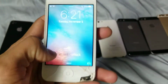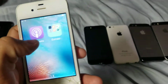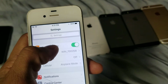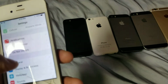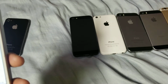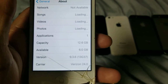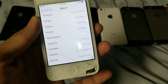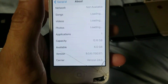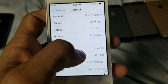The iPhone 4S on iOS 9.6. This is the one, this is the iPhone that got Apple sued for forcing updates and for planned obsolescence